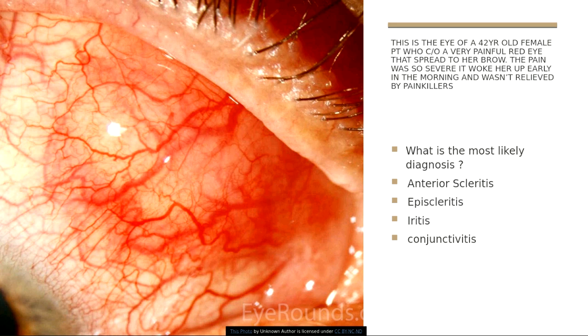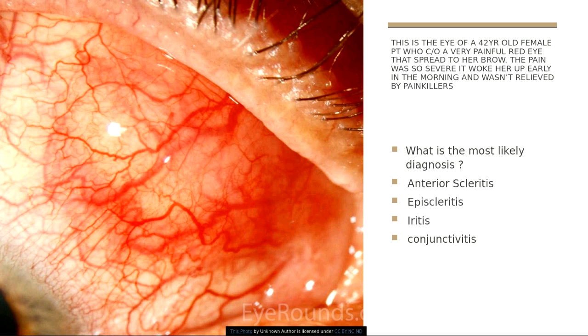They cannot bear any form of light, whether it be overhead lights or oncoming headlights at night or sunlight, very, very sensitive to light. So light sensitivity is one of the main distinguishing features that you can ask about. All of them can be associated with a little bit of photophobia. But generally speaking, if a patient's main complaint is that they can't stand light, then you have to start thinking